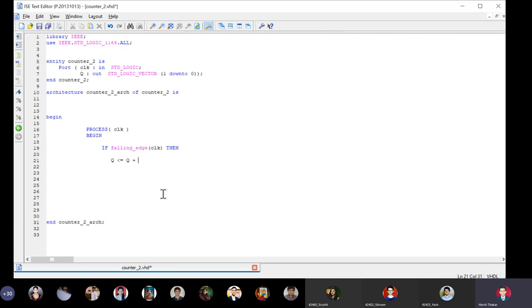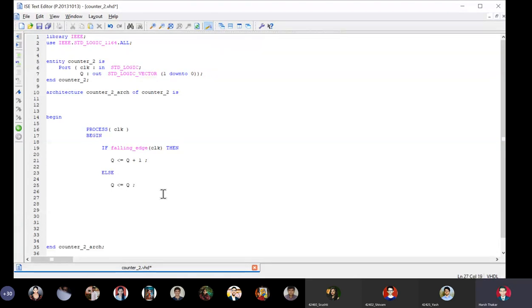So Q is assigned Q plus 1, semicolon. And if anything other than falling edge comes, that is, if clock equal to 0 comes, or clock equal to 1 comes, or rising edge comes, you should not change the value of Q. So I will say else Q is assigned Q.